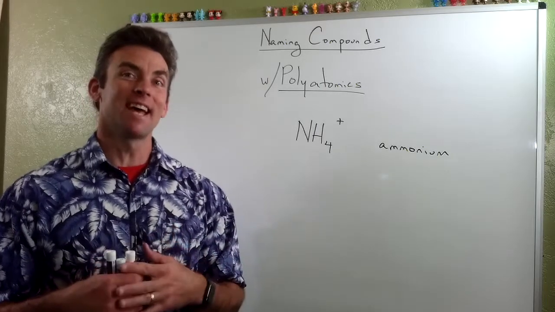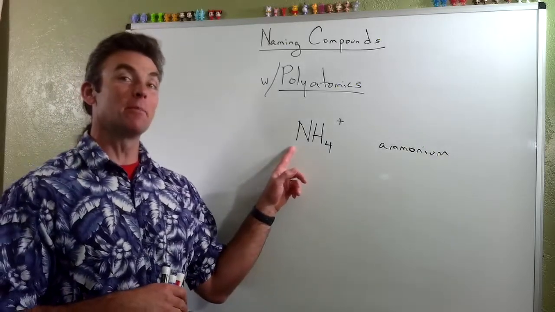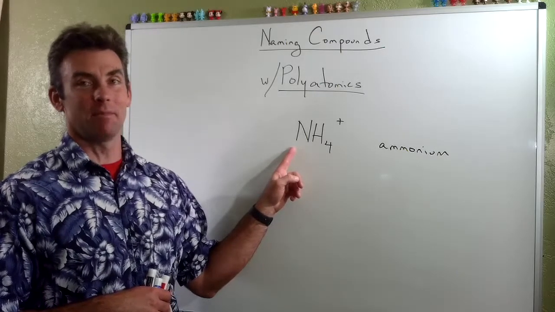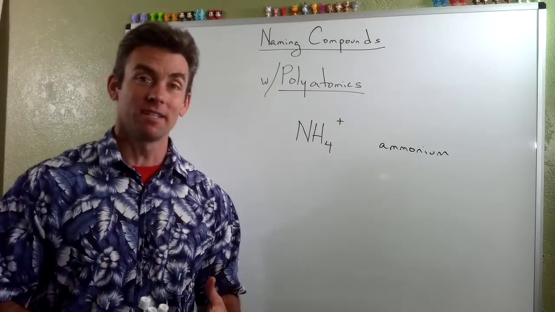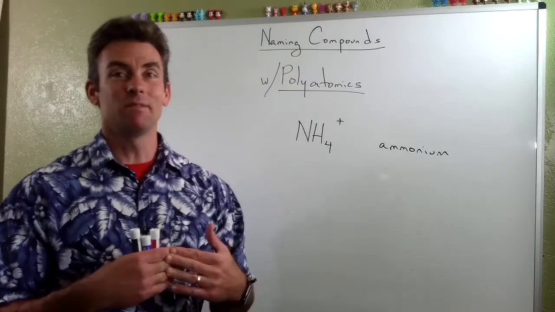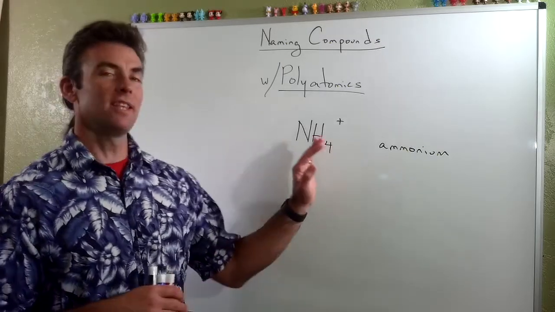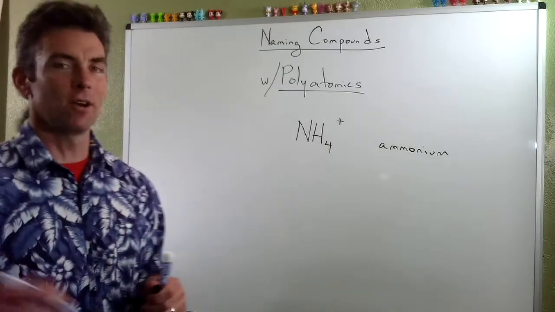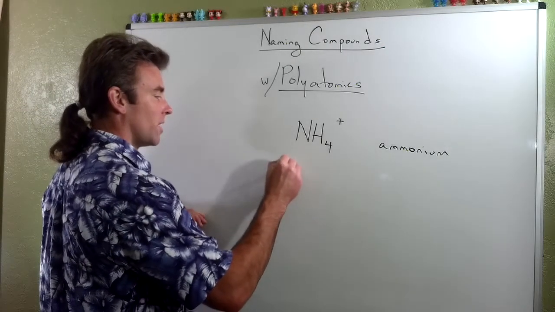If you remember, I said the first thing you should ask is, is there a metal present? It turns out that ammonium takes the place of a metal in an ionic compound. So I should really amend that statement, which is to ask the question, is there a metal present? Really what we should be asking is, is there a metal or ammonium present? And if so, then yes, it really is an ionic compound. So I just wanted to show you that there's nothing special about this. It just makes taking a formula and turning it into a name, or a name into a formula, a little bit more difficult. So let's start off with,